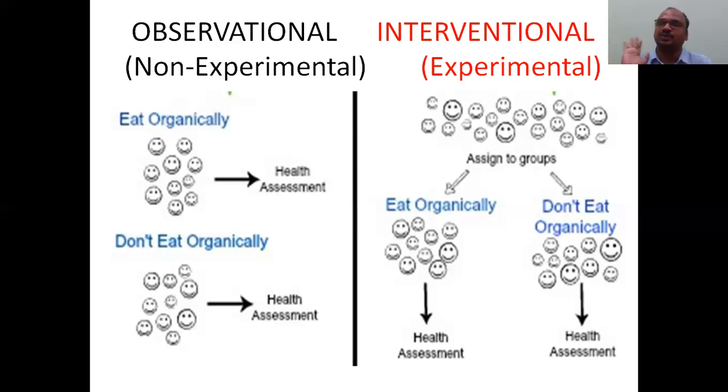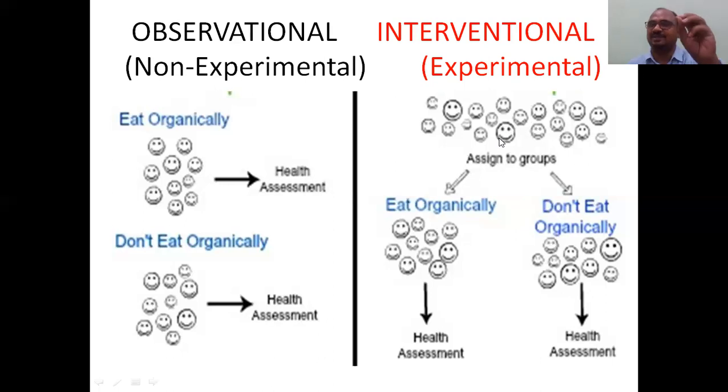You are not giving anything to them. Whereas the reverse, the interventional study, is an experimental study. Here you are taking a population. Suppose in the Ibrahimpatnam area, I select one college, or the 10,000 people I mentioned earlier. I will divide the 10,000 people myself. I will take their consent and divide them into two groups. Here I am not just observing, I am dividing them.